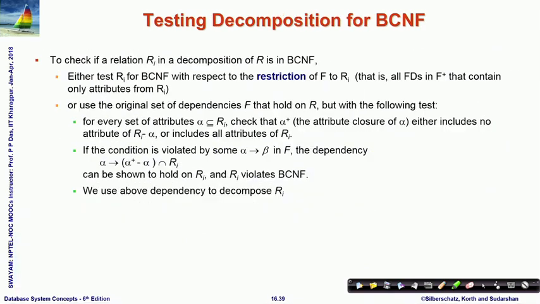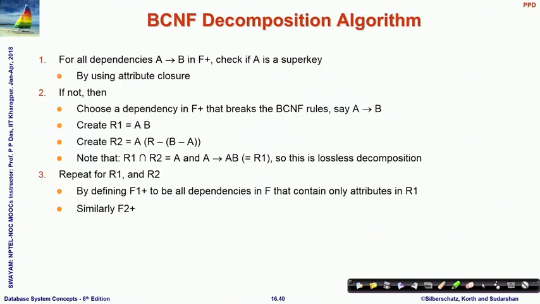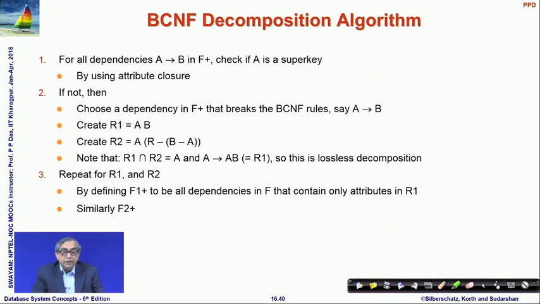I am not going through it in steps, and here is the more detailed formal algorithm to determine whether a decomposed relation is in BCNF. I will just quickly recap the algorithm. For all dependencies, you first determine the super key and check whether A determining B is a super key or not, which you can easily do using attribute closure. If it is not a super key, then you choose a dependency A determining B which violates it, and you form